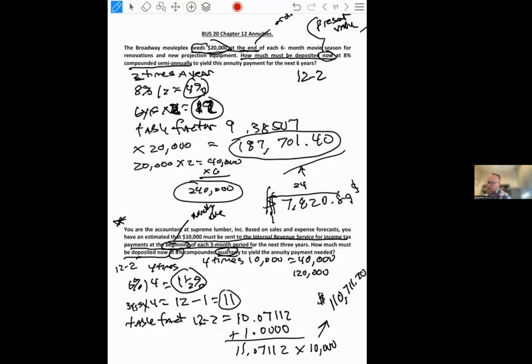So again, if you want to figure out what the annuity payment needed is, I would just take this and divide that by how many periods it was. So I believe it's by 12, because that's how many times you're going to do it. So $110,711.20 divided by 12 equals